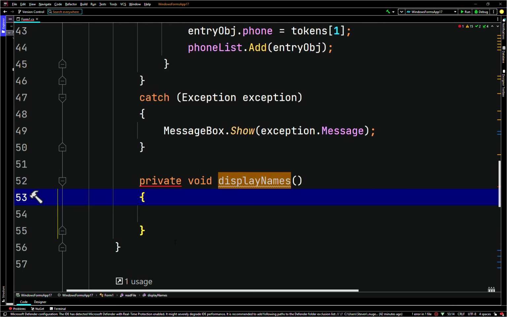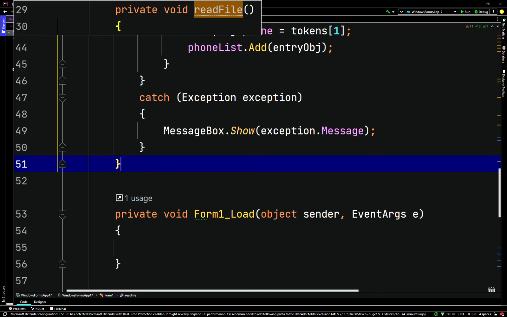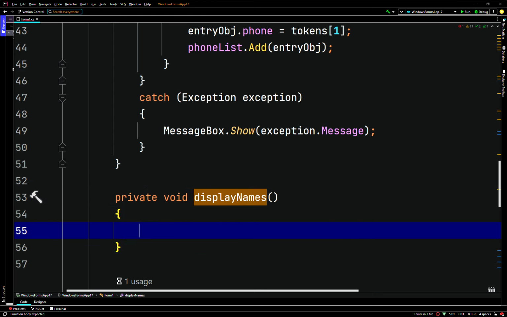Oh, sorry, it's still in the method, my bad. To go underneath this bracket here, we'll go private void display names. Then we'll pass empty parameters, and we'll open a block. Okay, that works. And we'll say for each,